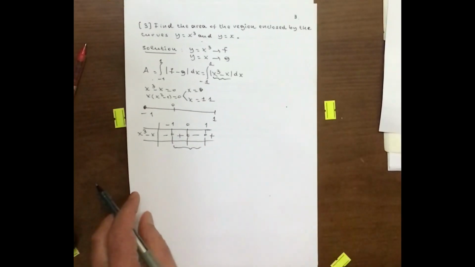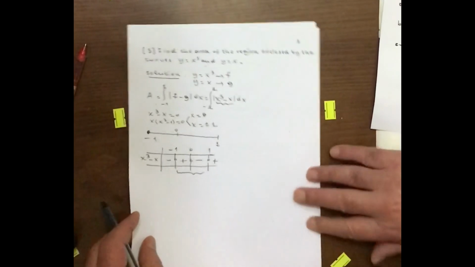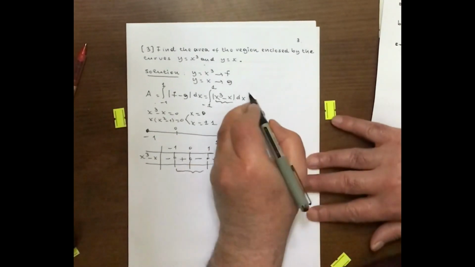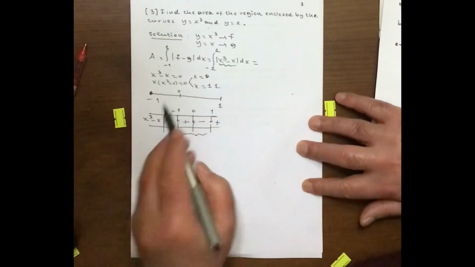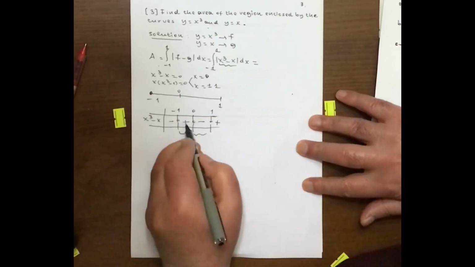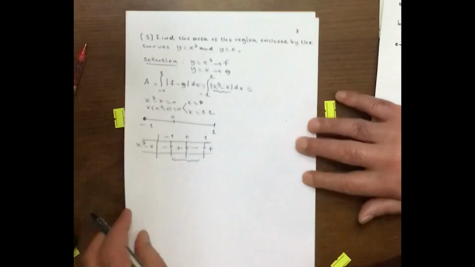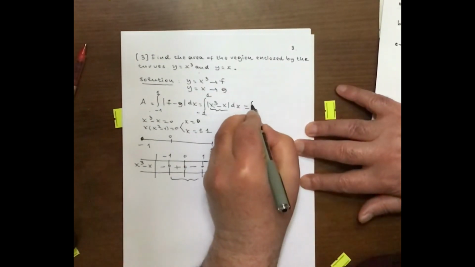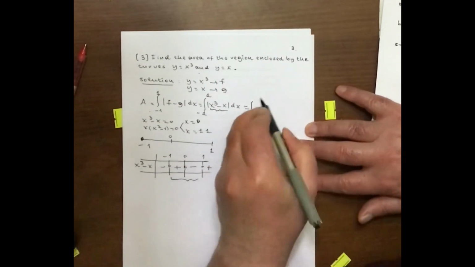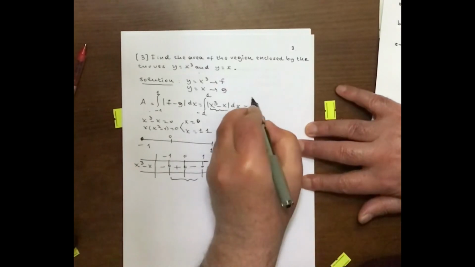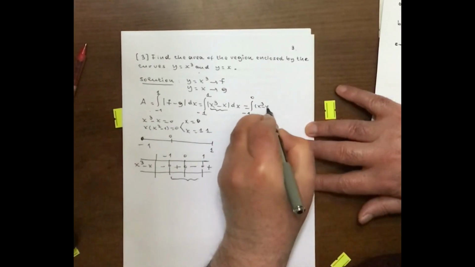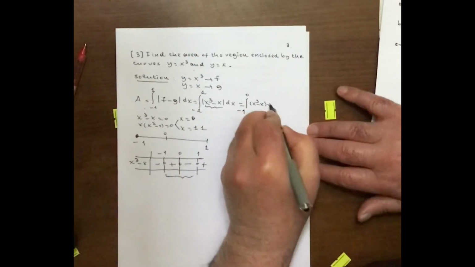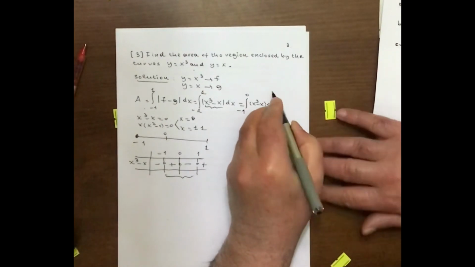Let's write. Here you can see that the inside of the absolute value is positive, and so the integral from minus 1 to 0 of x cubed minus x dx